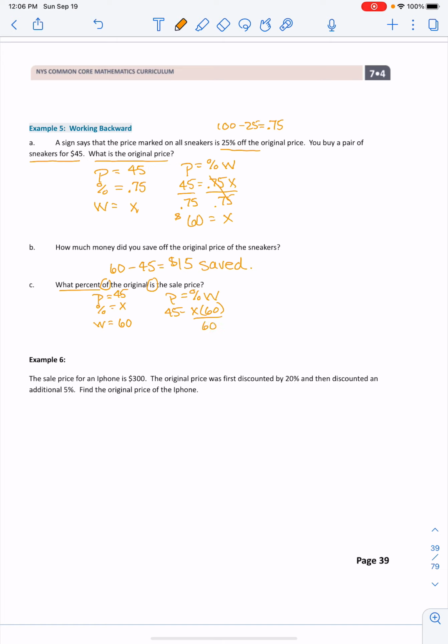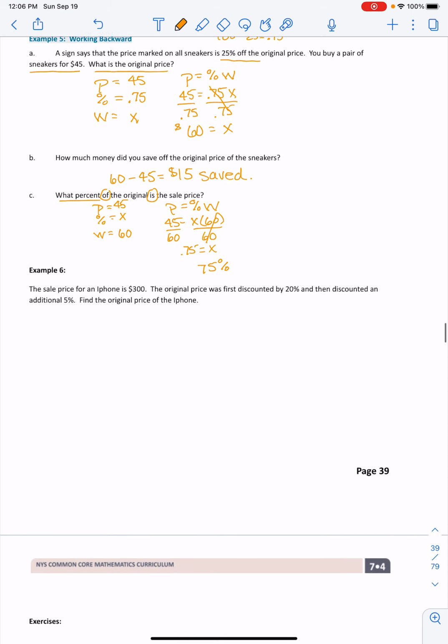Dividing both sides by 60, we have X equals 0.75, or 75%, which is what we were looking at, which is what we originally had to begin with. So our next problem